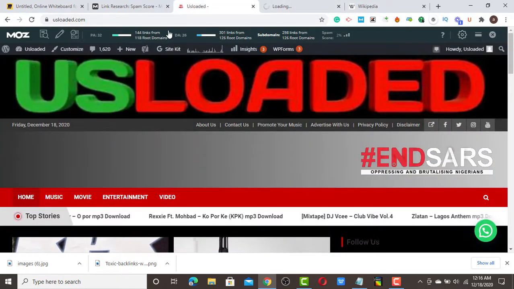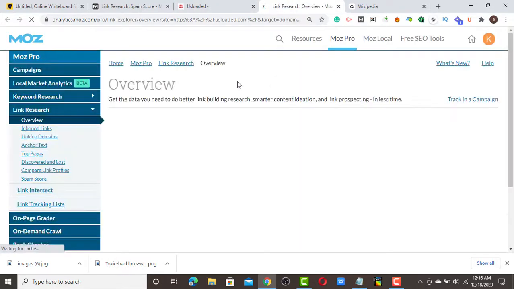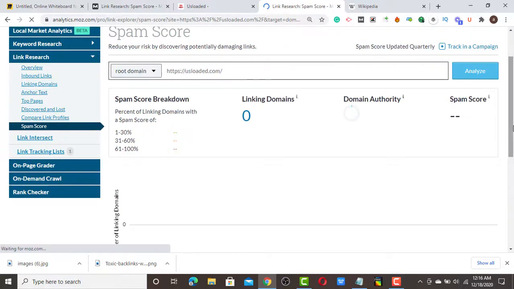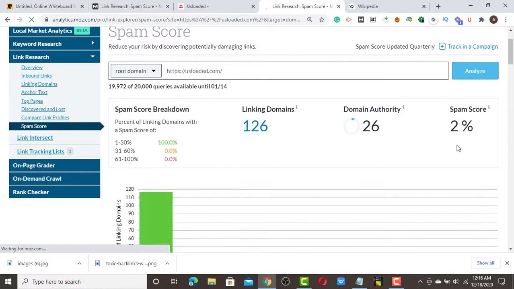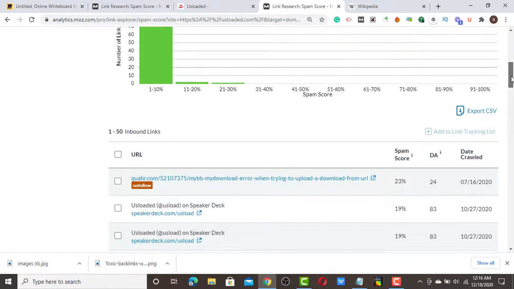This particular website has a DA of 20. Let me show you an example of a spam link, so you can differentiate and know if a spam link is linking to your site, and you don't feel like removing it. Most of them are valid, but toxic links don't have any validity. A toxic link with a 79 spam score and a DA of 2 is what? A toxic link. Those kinds of links are toxic.